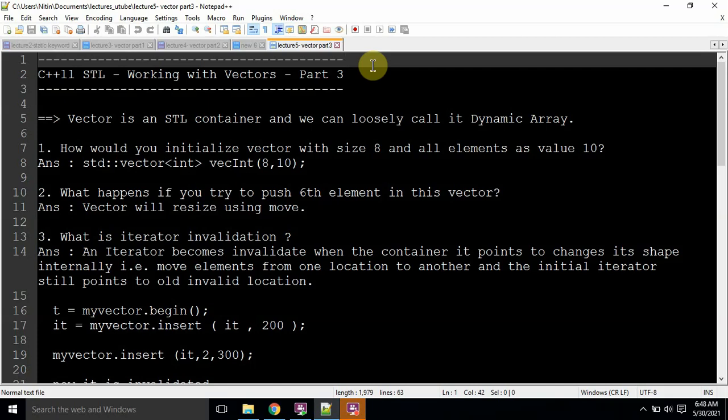So the first question could be, how would you initialize a vector with a size of 8 and all elements with the value 10? So basically here the interviewer wants to know the syntax of vector initialization. The simple answer would be std::vector, the data type, the vector name, and first the size and then the value of the element. After this, all the elements in the vector will be initialized with the value 10 and there will be a total